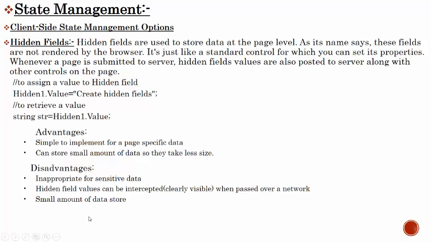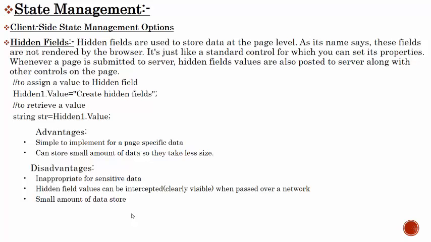And the third disadvantage is that only a small amount of data is stored. If you right click on the web page and view source, you can easily find the hidden field value and it is visible. And if you pass it over the network, then hidden field data is clearly visible.